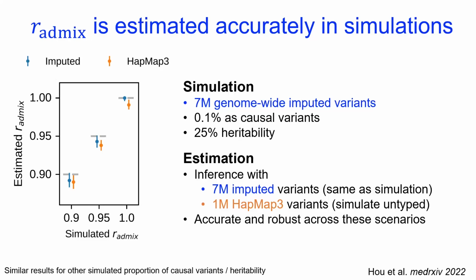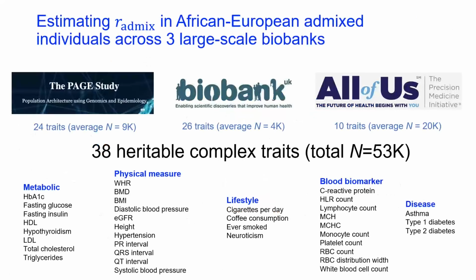So all that motivates us to think that this is a lower bound of the actual genetic correlation in real life. Virtually any simulations that we've done or any breaking of the model leads to downward bias, not to upward bias. So you see here that we simulate from 0.9 to 1, and you see the estimator is very close to that ratio.